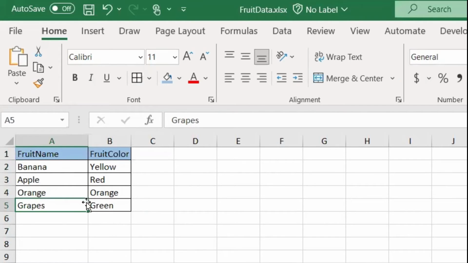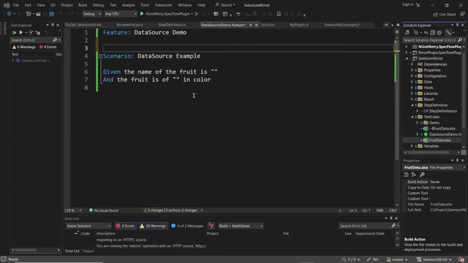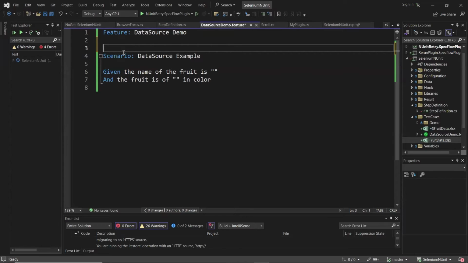Now let's see how we can read this data using a data source in a SpecFlow scenario. To read the data, we first need to create a data source. For that, we need to add a tag on top of the scenario name called data source, followed by a colon, and then we need to provide the relative path of the file. Currently, the data sheet is on the same path where the feature file is available, so I can directly give the file name